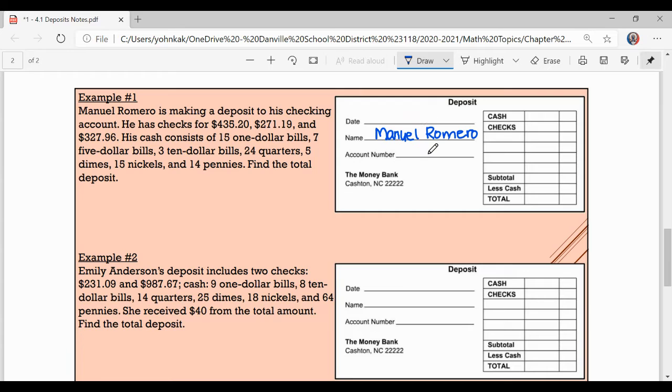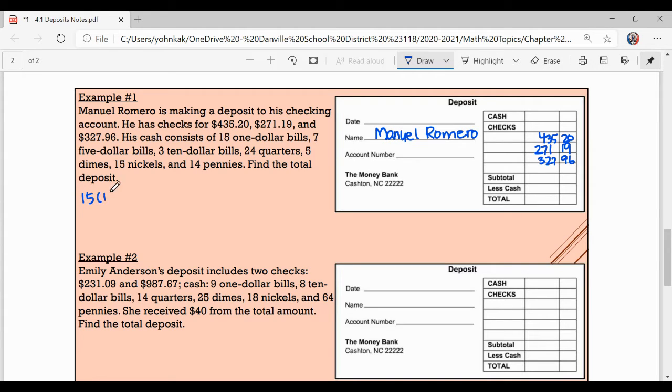We don't have a date or an account number, and that's fine. These 3 checks can be listed right here. On the checks, the dollars go on one side of the vertical line and the cents go on the other. 271.19 and 327.96. Then we have